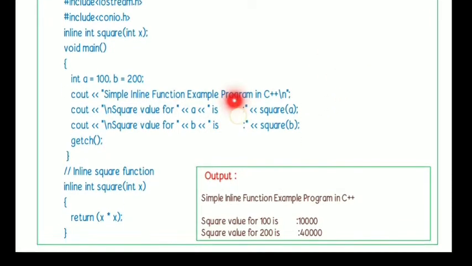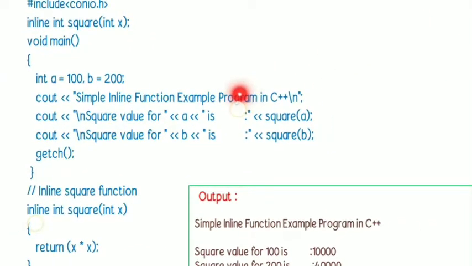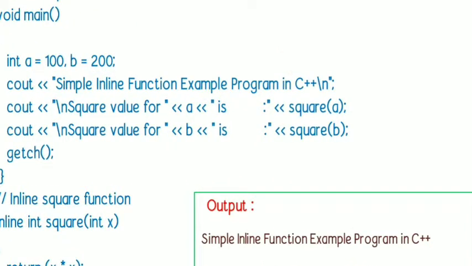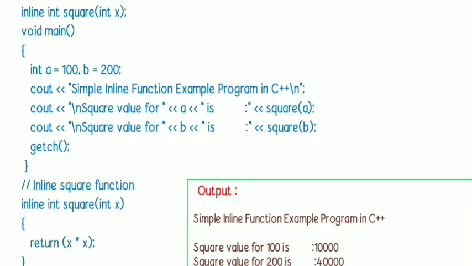Within that it holds all the values used in the main function. So at the time of returning, it has to get all the values from the stack and then continue its task. So it has to move from main function to sub function, and while moving it has to place all the values in the stack, then it has to return to the sub function. After completing the sub function, it has to get all the values from the stack and return back to the main function.